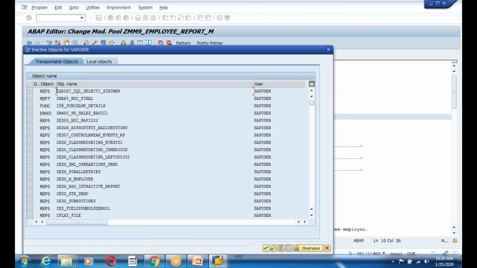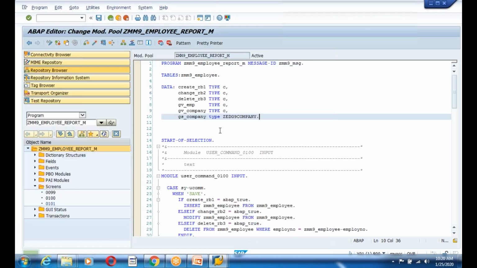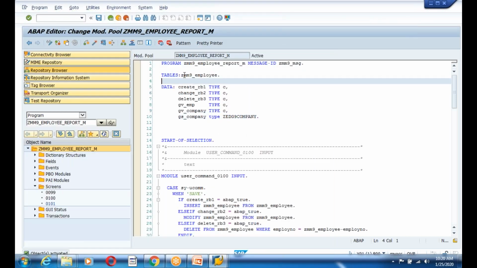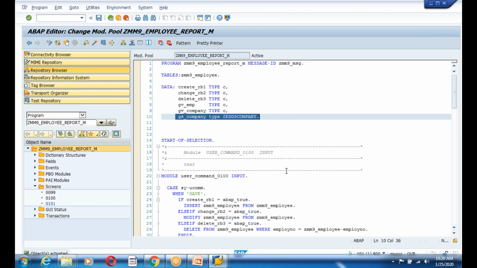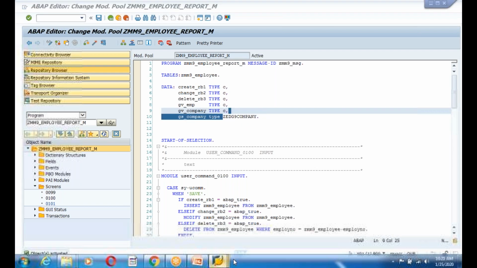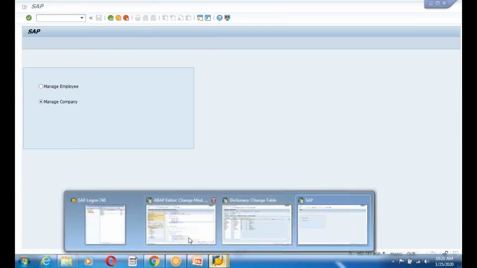Why? Because in real time you see both different ways. So you see the tables or structures as the screen definition, and the work areas also you can see, guys. Okay, this is also important. For the second screen I am using a work area, and the work area I have defined with the table. So now when I design my screen,